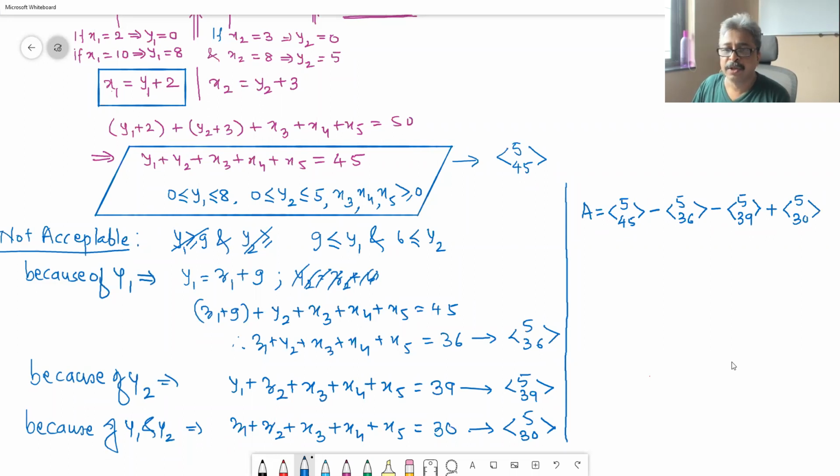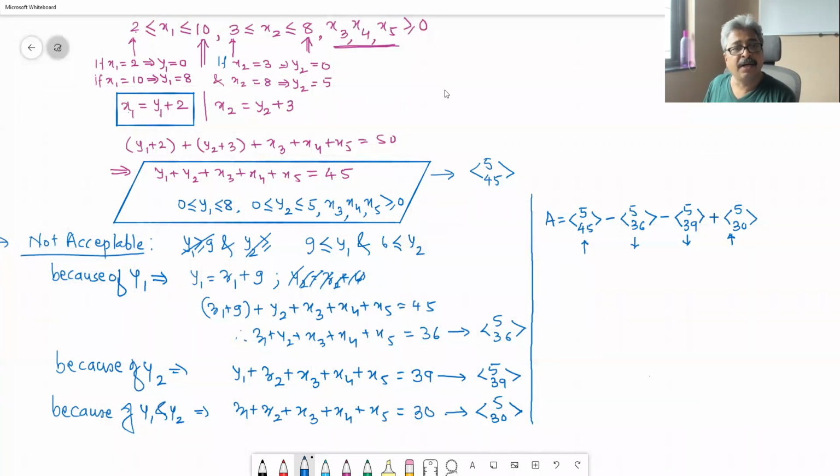So include, exclude, exclude, include, and these are the number of ways you can get those 5 numbers added together to become 50,